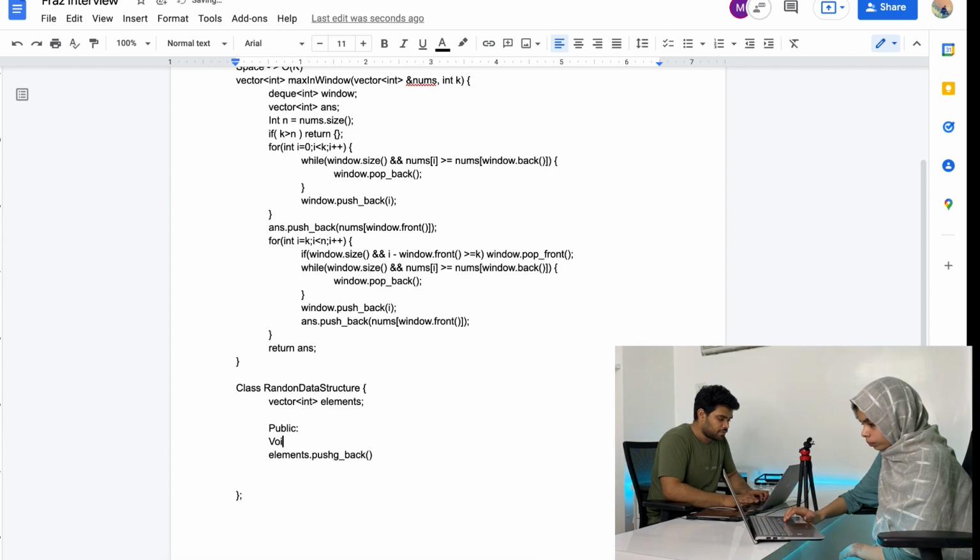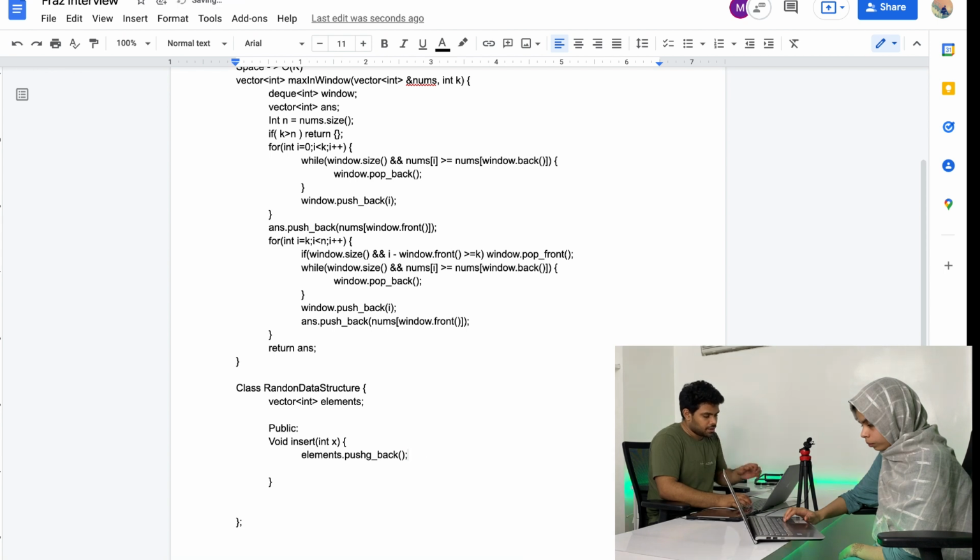It will be of type void, insert int x. This is the element which I have to insert inside my data structure. So elements dot push_back, inserting it at the back.